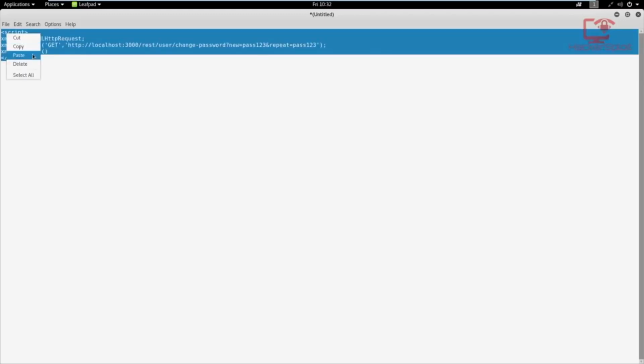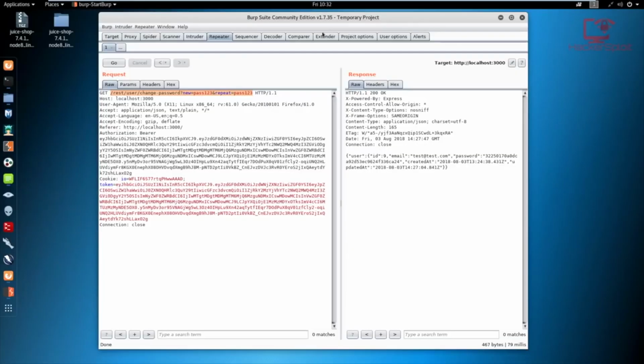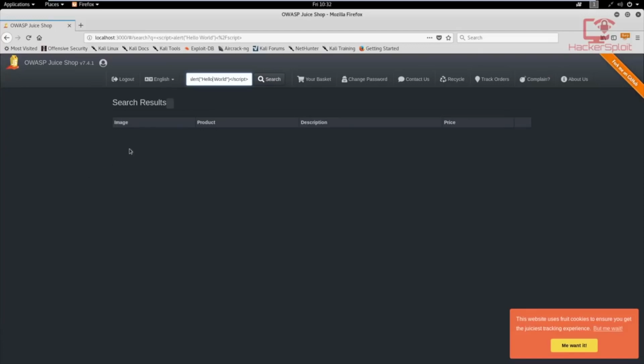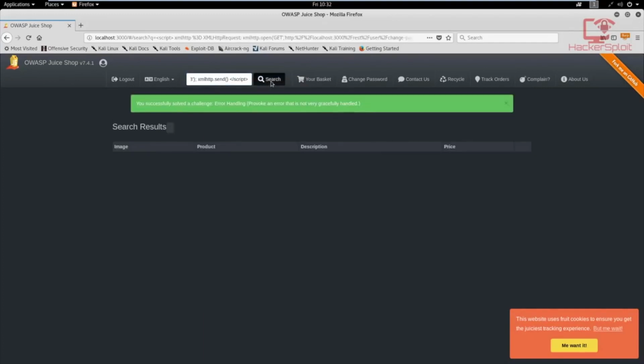And that should, in theory and in practice, give us our first CSRF attack on the site. So I'm going to paste this in here and let's see whether it does this. I'm going to hit search and you can see you successfully solved a challenge: Error handling, provoke an error that is not very gracefully handled. Again, this is a fantastic vulnerable web application that is awesome for practicing your web application penetration testing